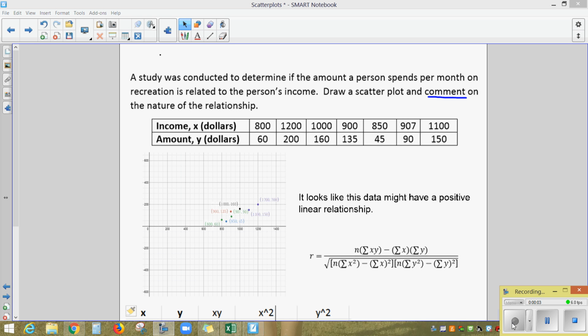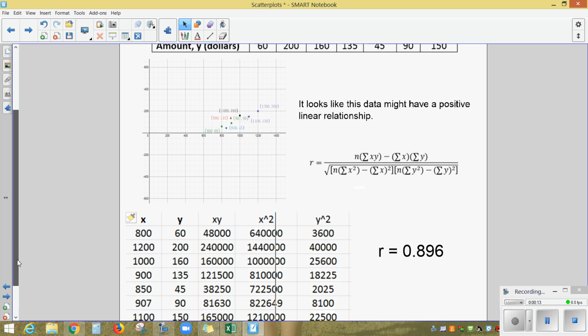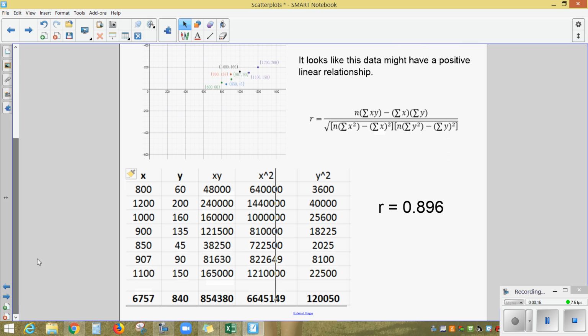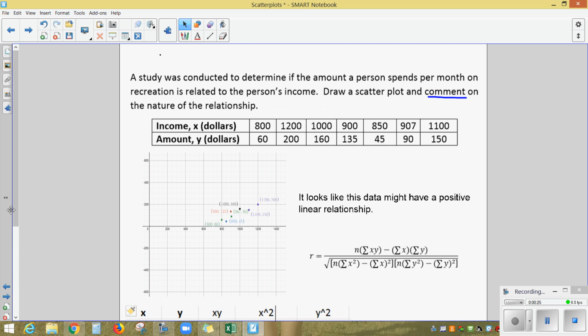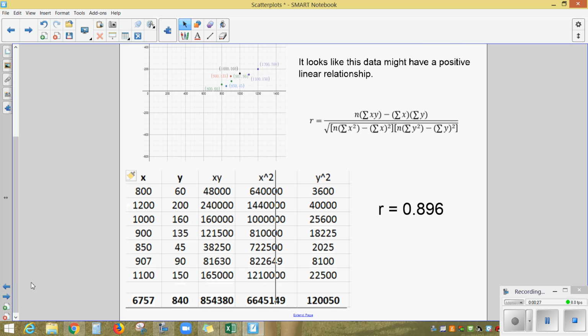In the last video, we were working with Pearson's R, and we were looking at this example with our income in dollars versus the amount that we spend on recreation. At the end of the video, we came up with an R value of 0.89. I think I stopped it after the 9, but it should round to 0.896. We're supposed to go to 3 decimal places, and I got a little bit lazy and didn't take that all the way. The request then was that you guys go back